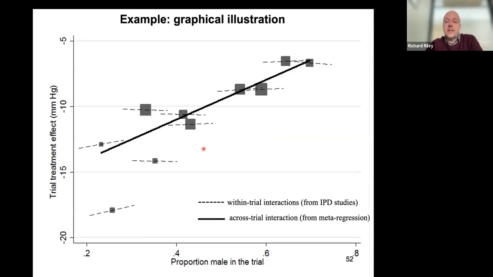So what's happening here is confounding. So, for example, it could be that in those trials that had a higher proportion male, it also had a shorter length of follow-up or a lower dose. So it's only at the individual level that you start to really unpack individual differences, and hence why we want the IPD meta-analysis.